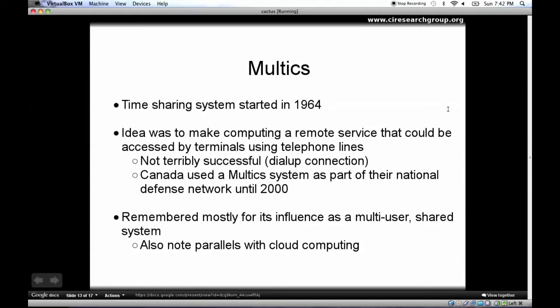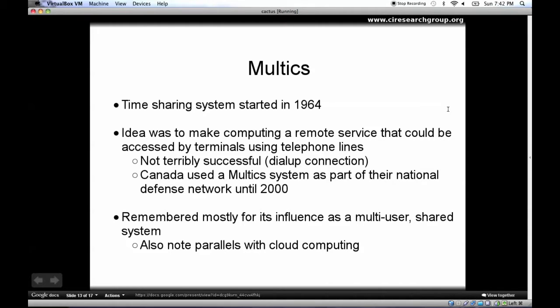Now, the idea behind the Unix systems began with a time-sharing system started in 1964 called Multics. The idea behind Multics was to make computing into a remote service that could be accessed by terminals using telephone lines. It wasn't terribly successful because dial-up connections of the time, at about 9600 baud, were rather slow.